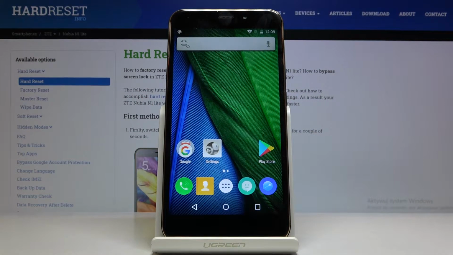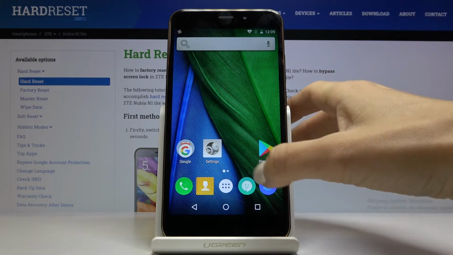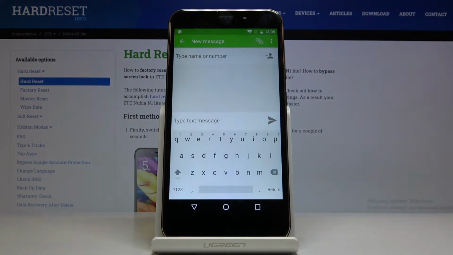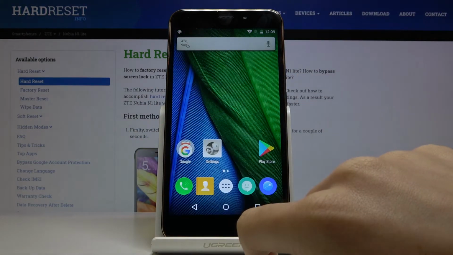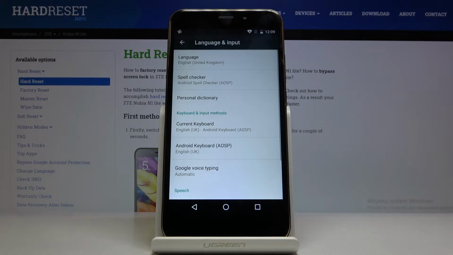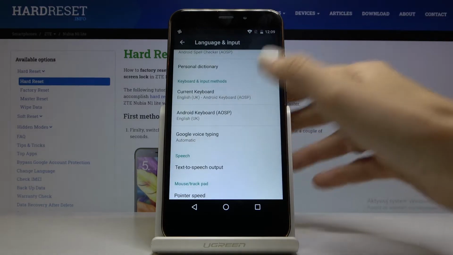In front of me is ZTE Nubia N1 Lite, and let me show you how to change keyboard language on the following device. So first of all, you have to open the messages, and as you can see, we are currently set up with English. So now let's switch it off, go to the settings, pick language and input,